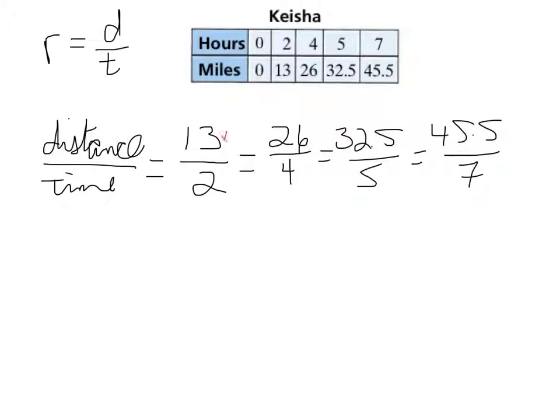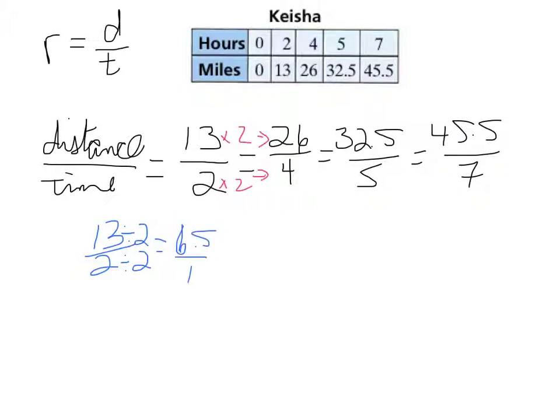Now we know 13 times 2 and 2 times 2 get us to 26 and 4. It gets a little trickier farther down because it's not a simple multiply by 2. So we need to get a unit rate. We know to get a unit rate we have to get something down to 1. So to get the bottom down to 1, we have 13 over 2. We're going to divide both the top and the bottom by 2 to get the bottom number to be a 1, which gives us